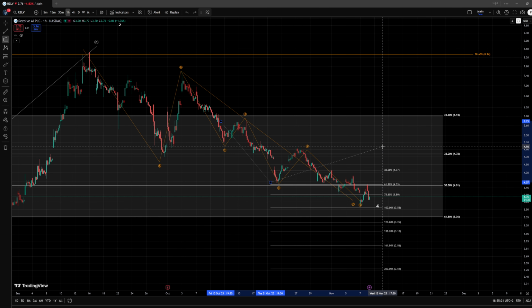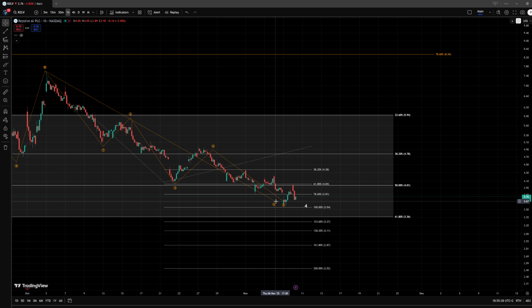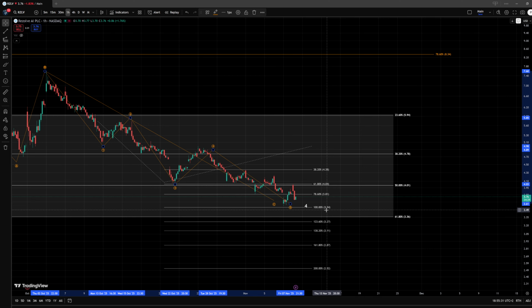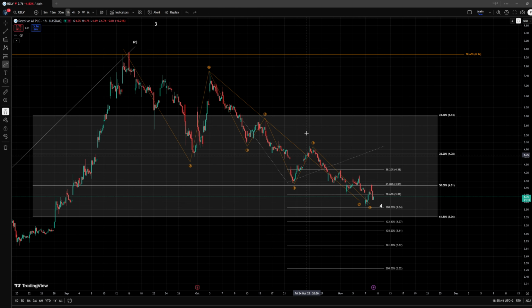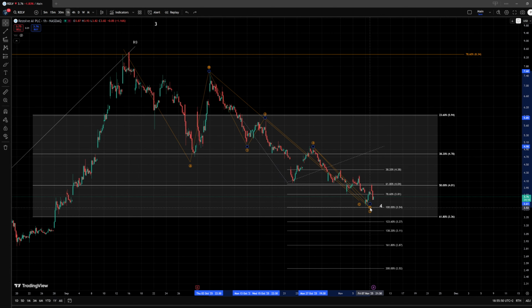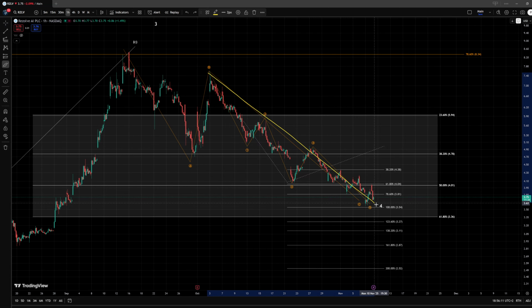Normally we do expect the wave 3 to be the longest, but that is not the actual rule. The rule is that the wave 3 cannot be the shortest, and at the moment, within this 5th wave to the downside, we haven't gotten to the 100% extension of the wave 3, which means we can still work with this count, but I do want to caution a warning sign, because since we extended so low within this 5th wave extension, I do believe there is a good chance that this may be just still part of an internal wave 3, where, in that case, we should be prepared for a possible extension of this larger wave C in